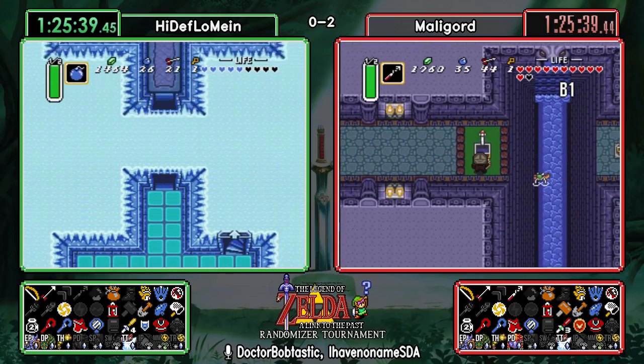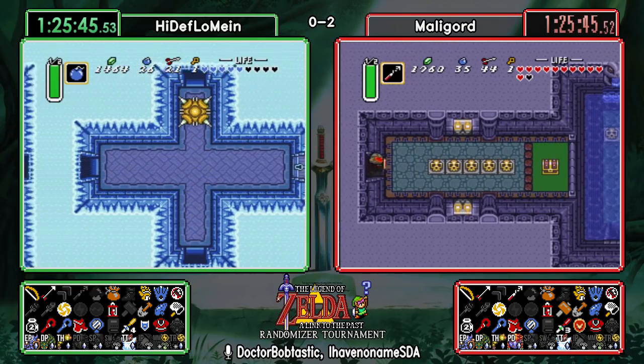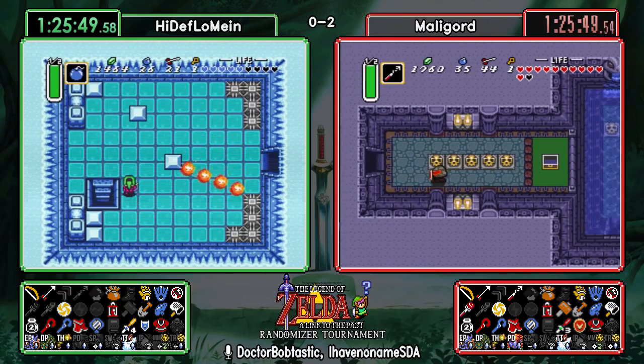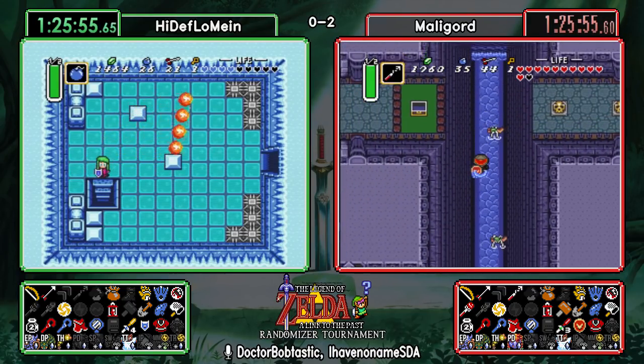So anyway, left side Swamp has the... Oh, fire rod. Put the ice rod over here next to it. Come on. Nope. Just the compass. So see, going back to Argus first would have saved a little bit by getting to skip that trip, but...